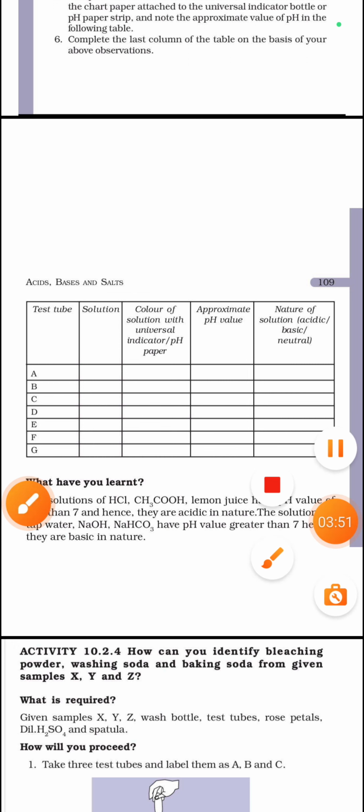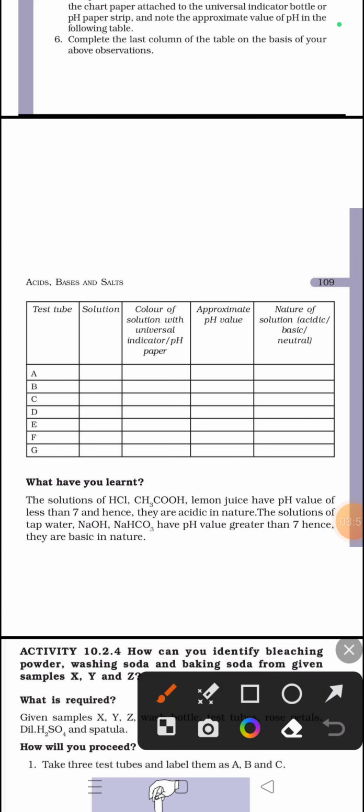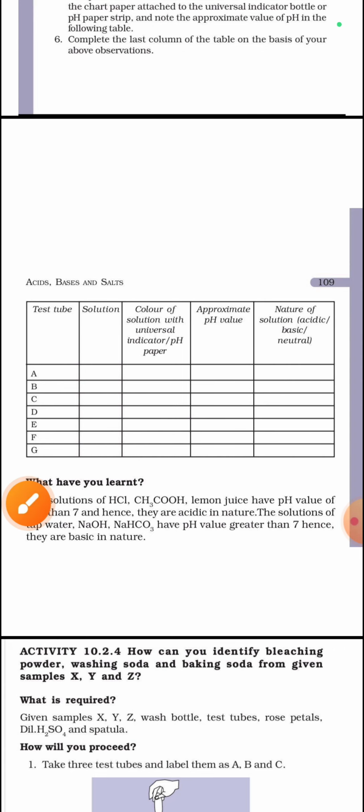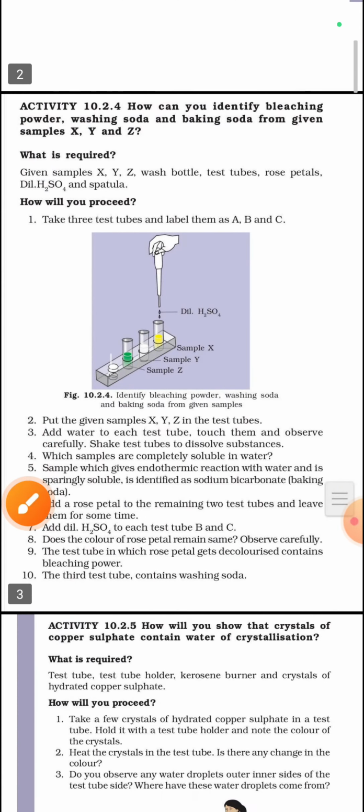Examples are given here, like solution of HCl, CH3COOH, lemon juice. These are acidic. They have the pH value less than 7. And the solutions of tap water, NaOH, NaHCO3 have pH value greater than 7. Hence they are basic in nature. Next activity: